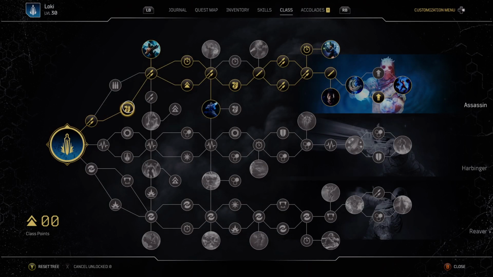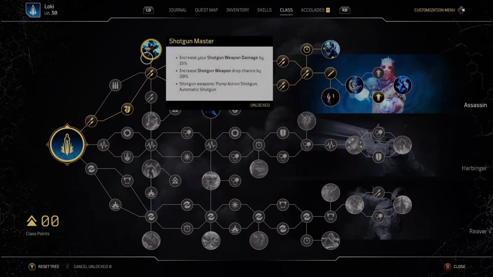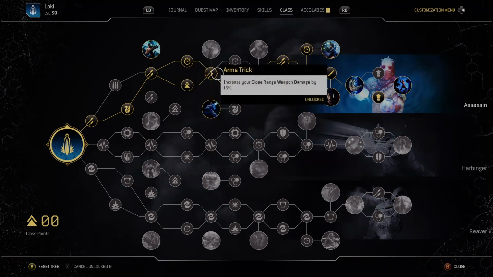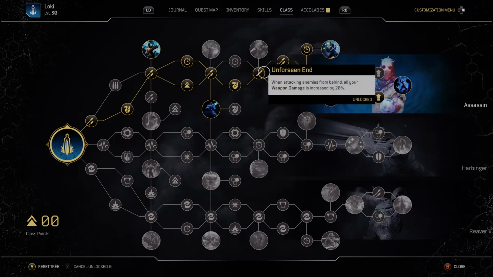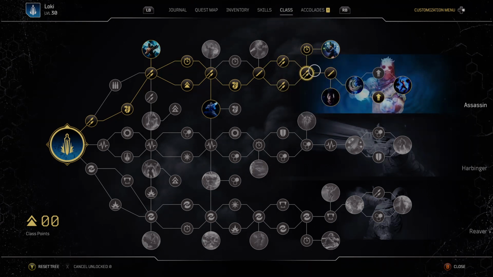Now, we're going to be taking close range damage and armor piercing, which just doesn't really matter, but we don't want to decrease our reload time, because if you do happen to mess up, you want as much reload time as possible in order to use Hunt the Prey and then Borrowed Time to be able to just instantly get your Twisted Rounds back. Then we have increased weapon damage, increased shotgun damage, decreased cooldown on our movement skills, increased critical damage, increased close range damage, activation of movement skills increases weapon damage, armor piercing, which really doesn't matter, more damage when hitting enemies from behind, more damage,